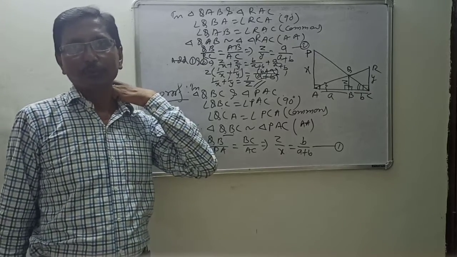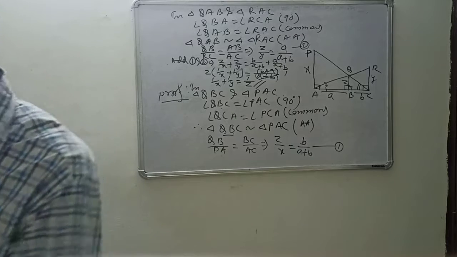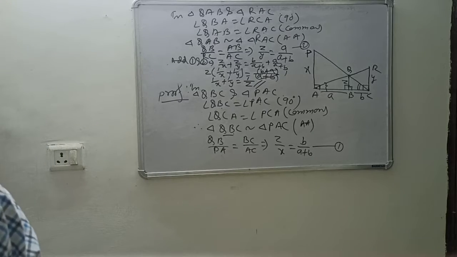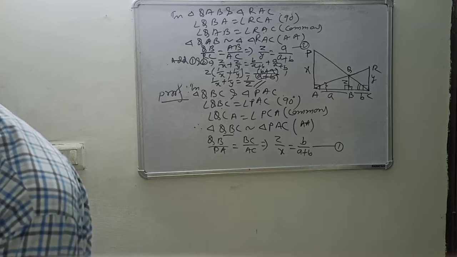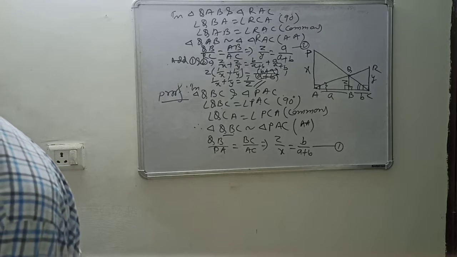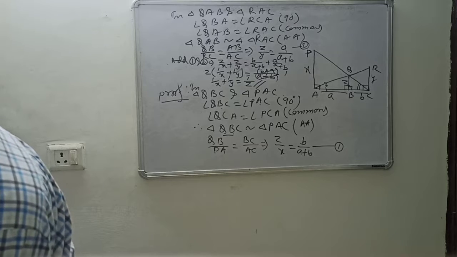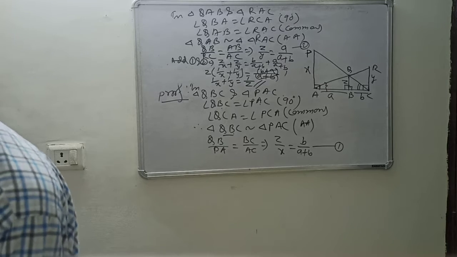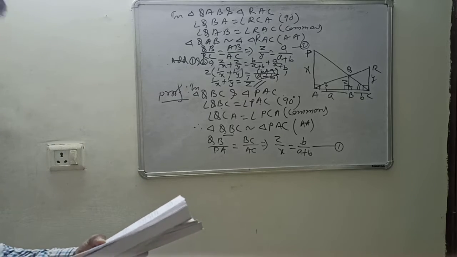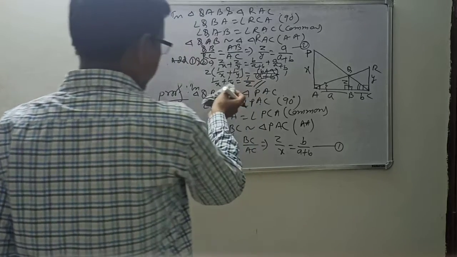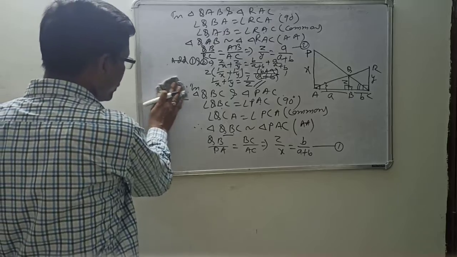Then we have to do some more questions. Simple questions you are having. You will practice that one. First of all, you have to select the triangle properly. Then you can get that one. So in that, suppose some questions in the exercise also you will have. I think you have done this one. I can rub the board.